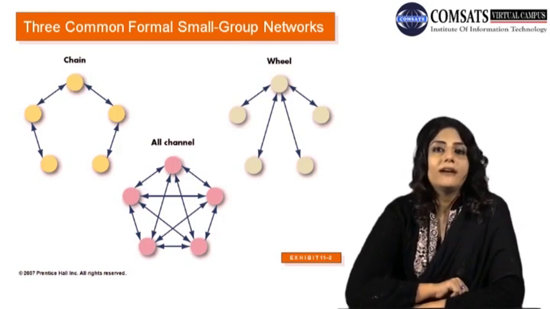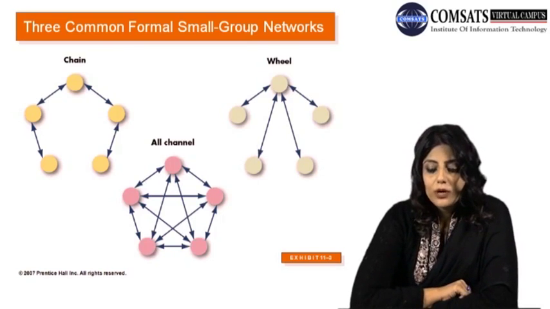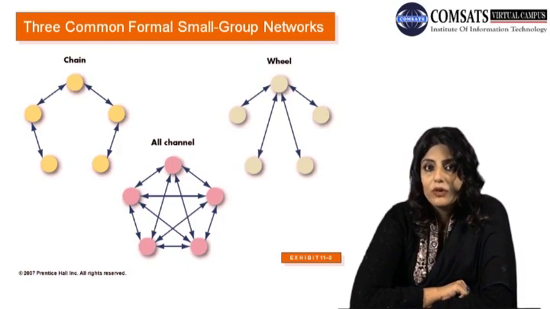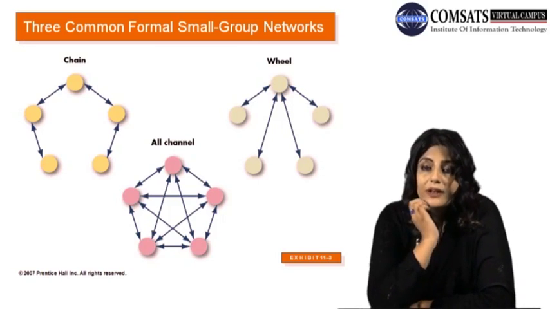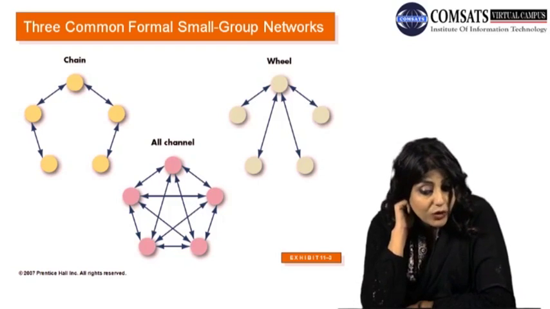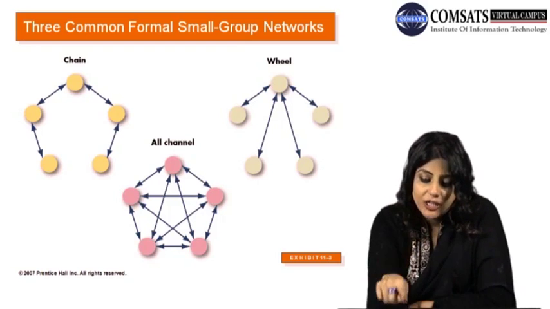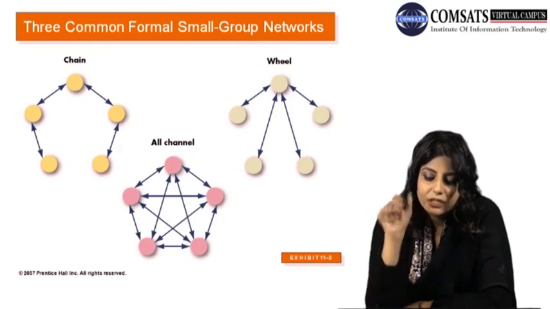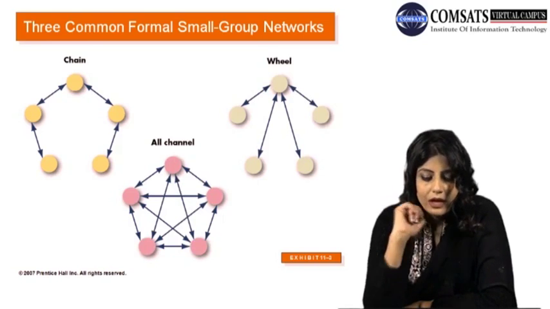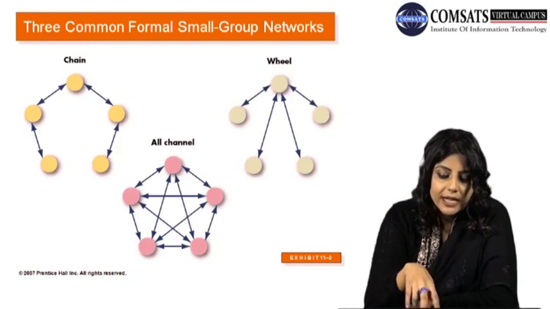The other network which we have is the wheel. In the wheel, again we have taken 5 members in each group, and we are considering these small groups. Here we have a team leader, and we have these 4 team members. And in the all-channel network, what is happening is that